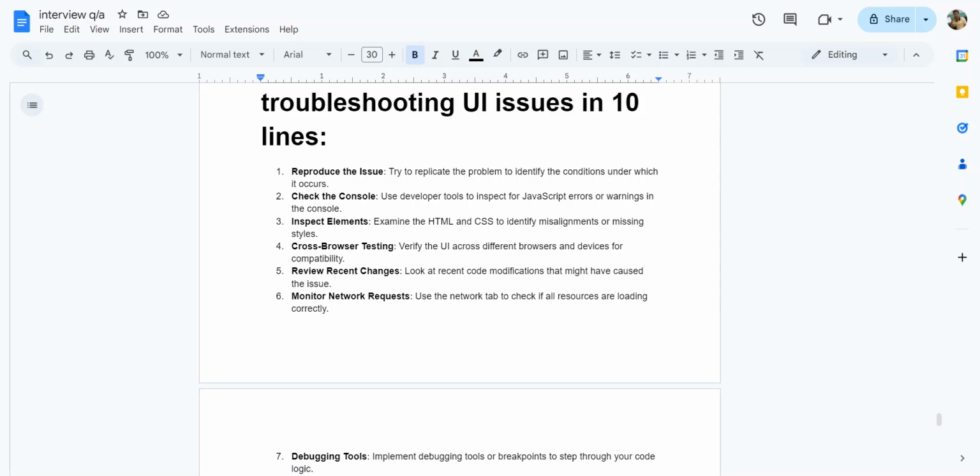We are going to take a look at how to troubleshoot the UI, how to troubleshoot the backend, and then how to troubleshoot in the AWS console, all of this. And then AWS Lambda, how to troubleshoot. Let's see. Troubleshooting UI issues: reproduce the issue, try to replicate the problem to identify the condition under which it